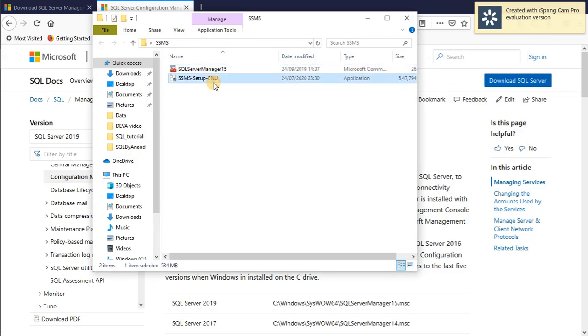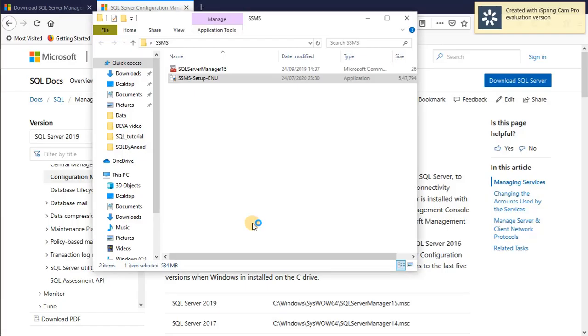First of all, I will install this SQL Server Management Studio. It is a very simple and straightforward step. Just double click it, and if you are installing it for the very first time, it will give you a next button. On my machine it is already available, so it will ask me options like uninstall or repair. Allow the pop-up. It is 534 MB in size, so it will take some time.